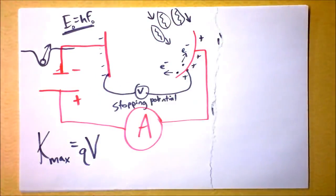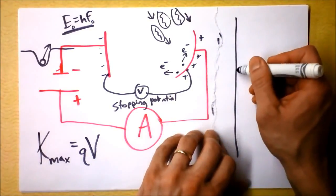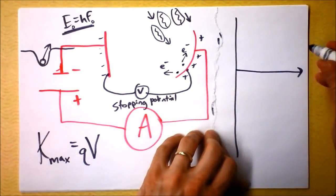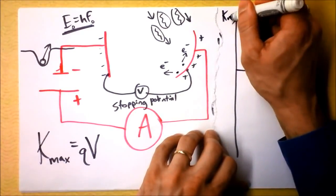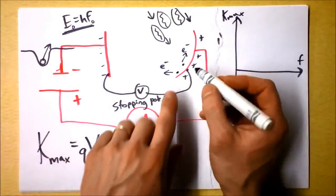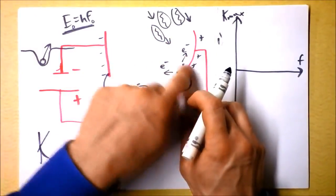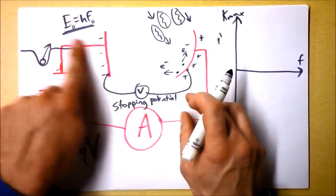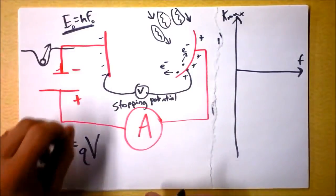And I want to say that you can make a graph now. I love graphs. I'm going to make a graph of frequency on the x-axis, and it's going to be the maximum kinetic energy, which, remember, we're measuring by the stopping potential. These super stubborn electrons are going to go the wrong way because they're kicked out of their emitter with so much kinetic energy that they do actually manage to go uphill, energetically speaking, and cause a current even when there's